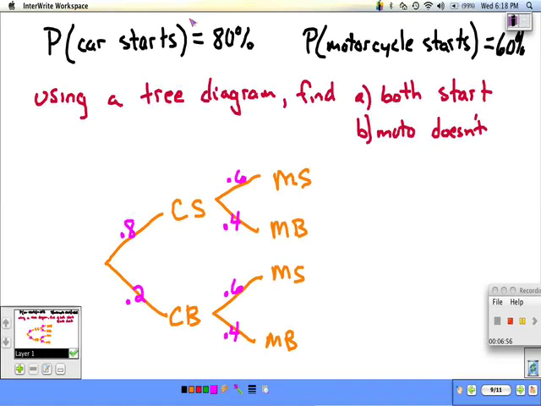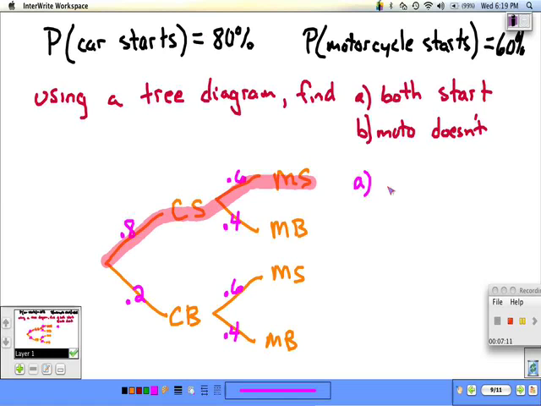Now the probability that they both start, that means we want to go down this branch. We want the car to start, and we want the motorcycle to start. So for A, we're going to do 0.8 times 0.6. For B,